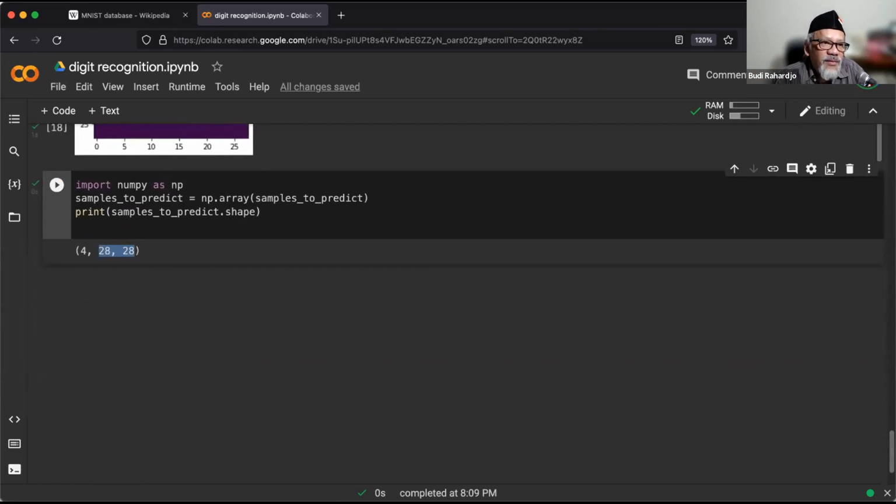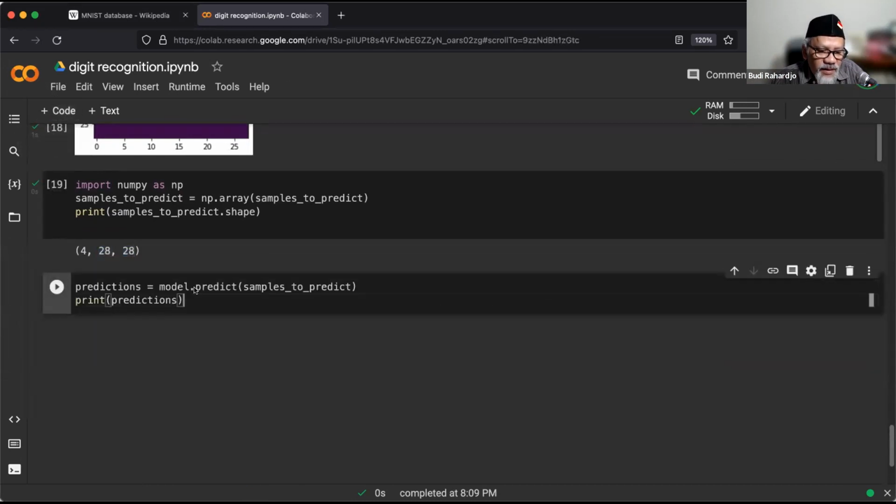Now how do we predict? We use this code again. I'm just going to copy and paste. We say predictions equals model predict these 4 images.